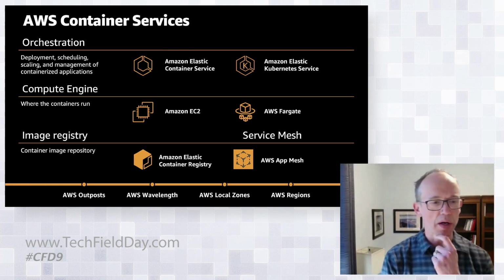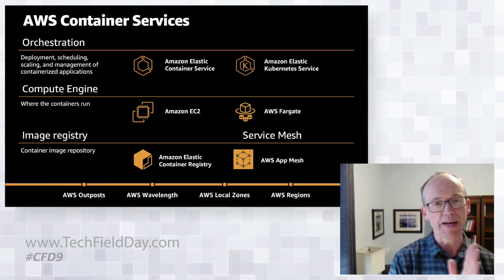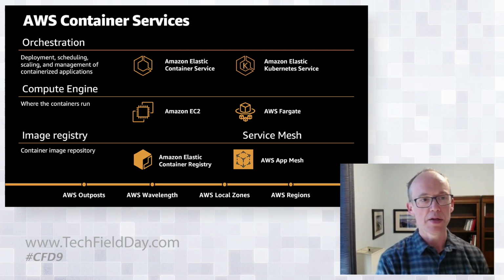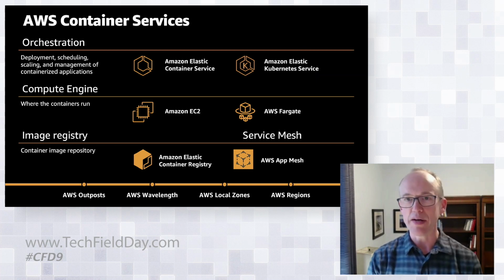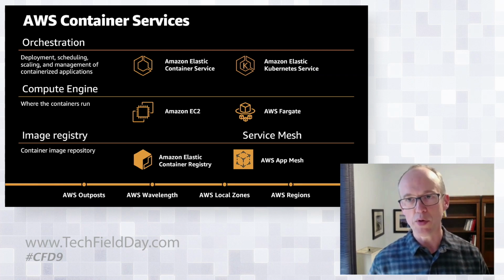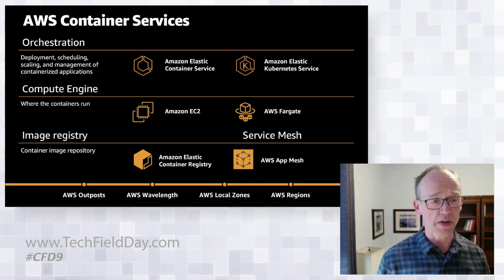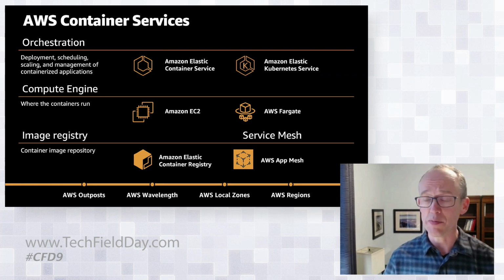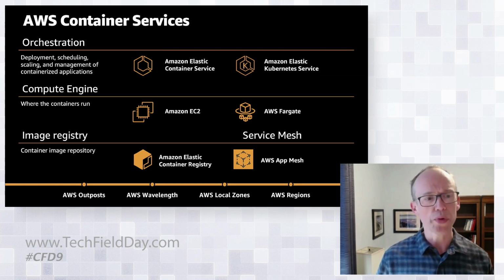No, I wouldn't say that there's a column on the left and a column on the right. I see what you're saying, and it's not intended to portray that the left side all goes together and the right side all goes together. It's more that the choices on each layer can all work together. So for example, you can be an ECS customer and choose to run your containers on Fargate. I'll get in a moment to what Fargate is. Or you can be an ECS customer and choose to run your containers on EC2 instances. Likewise, you can be an EKS customer and choose EC2 or Fargate or both.